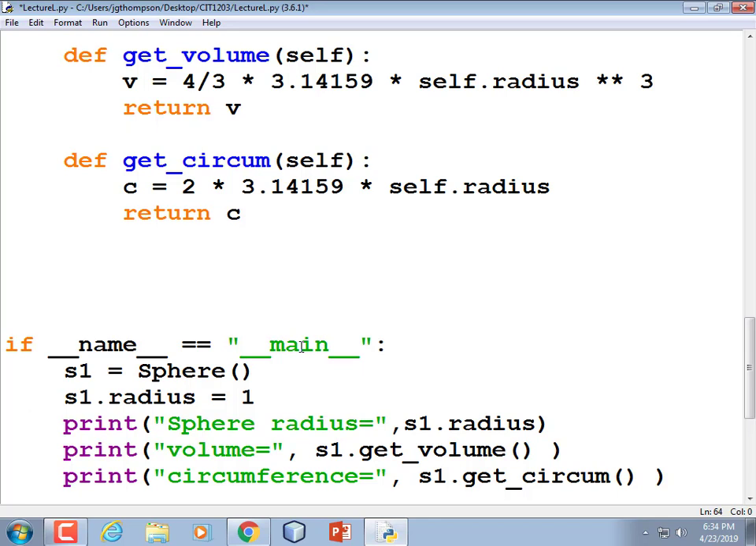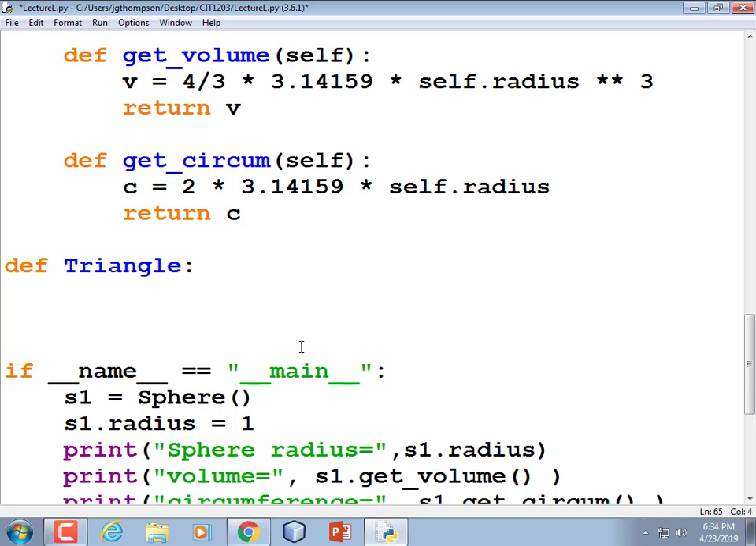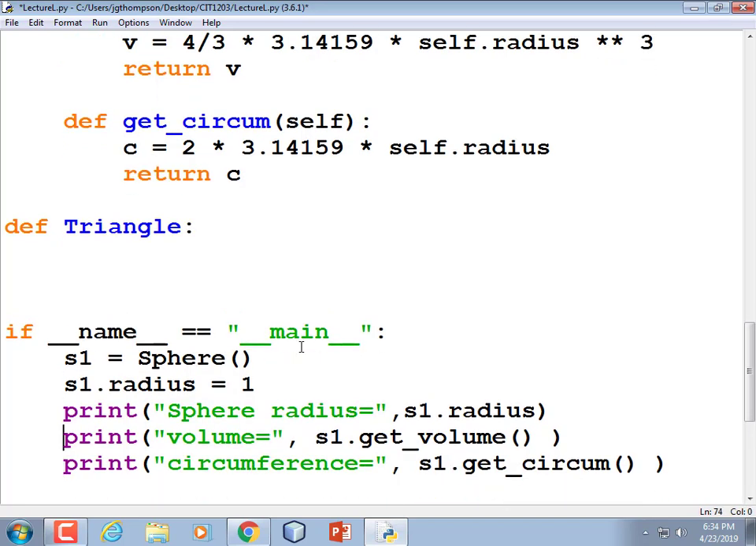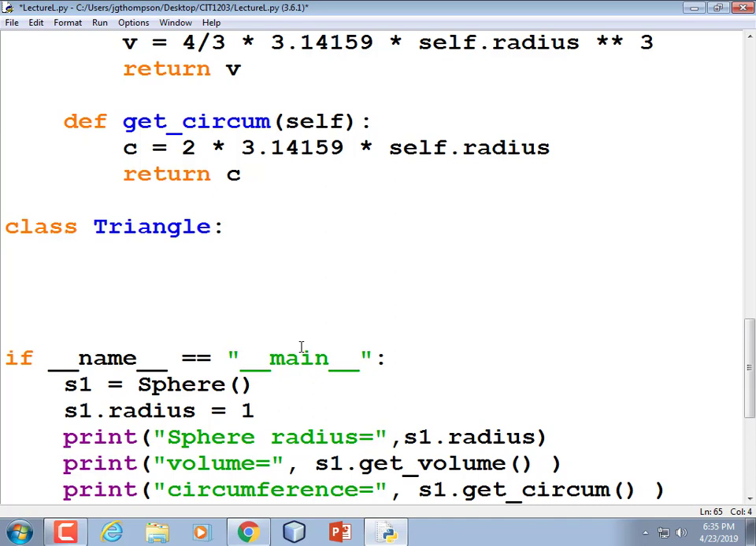How about a triangle class? Def triangle, capital T, colon. We don't have to put class in front of it. Yes, we do. Thank you. Remove that word def. Thank you very much. Replace that with the word class. Class triangle colon. Now we need to define the init method, so we're going to have to use those double underscore pairs again. Def __init__